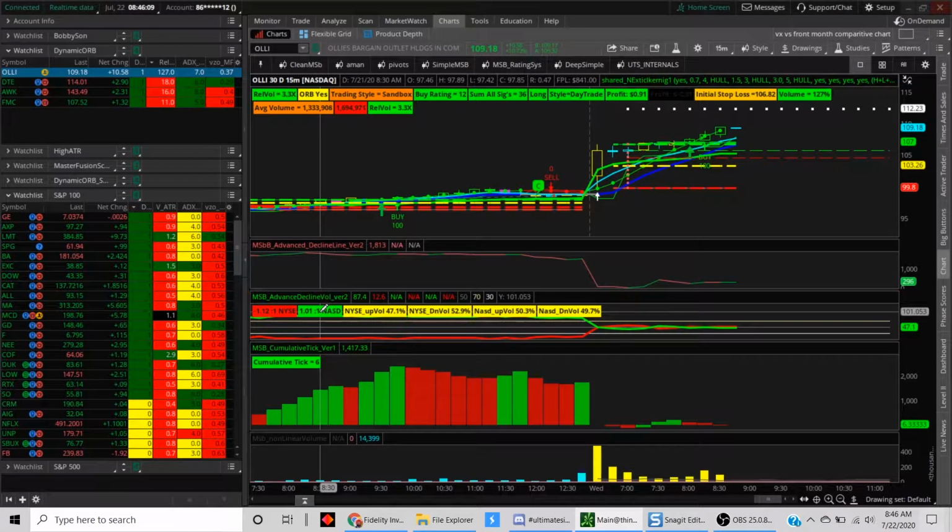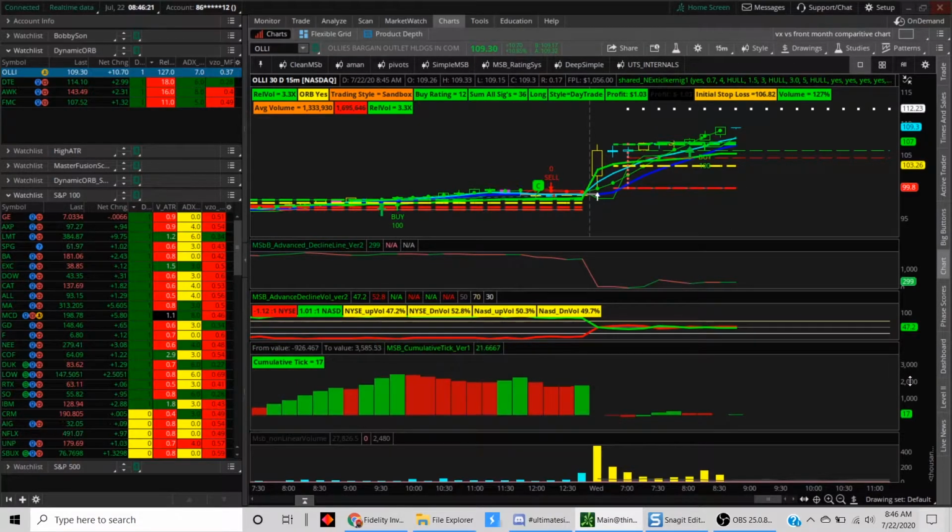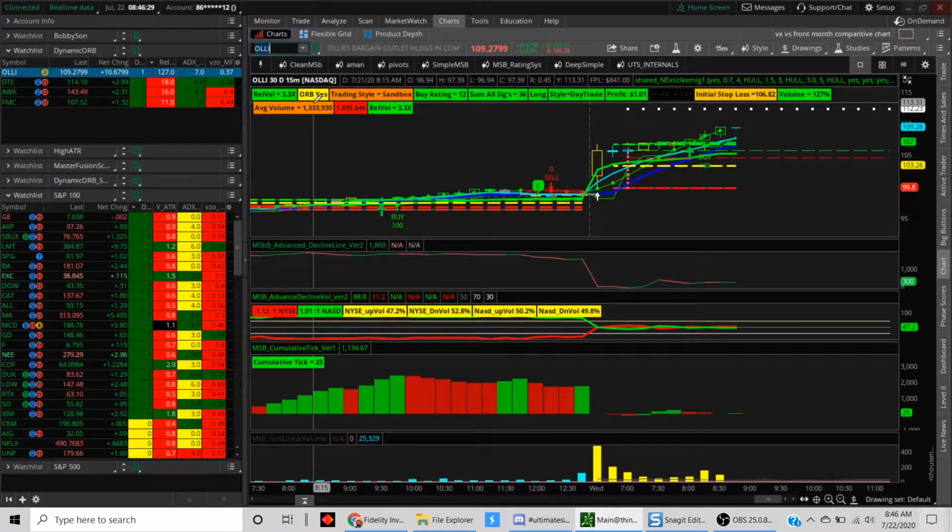So this essentially is telling you the market is neutral, right? Because if you look at the tick distribution, it is very close to zero. So in essence, you have no edge one way or another. But you can clearly find a few stocks to trade, and one of the things that caught my eye was